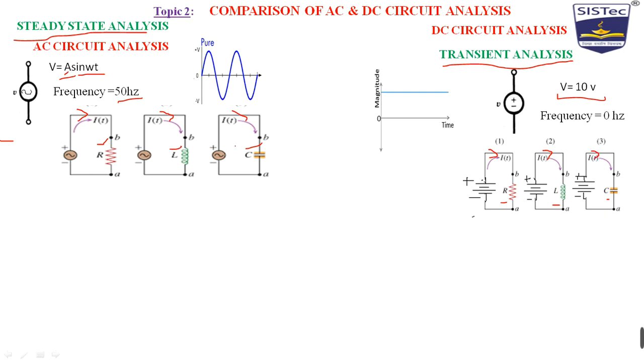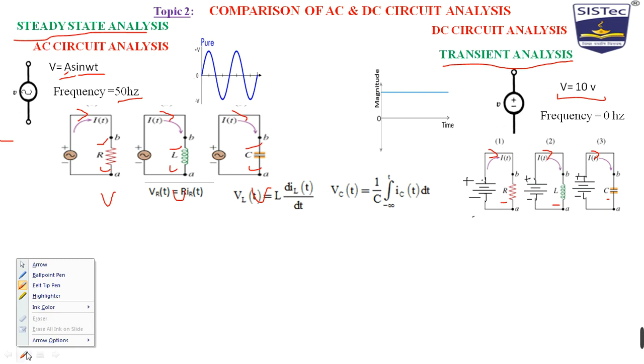Okay, and what will be the reaction? The reaction of resistance, the reaction of inductance, the reaction of capacitance will be the formula which they have: voltage of the resistance, voltage of the inductance, voltage of the capacitance. Now you should tell me what are the formulas: V equal to IR, V equal to L dI by dt, V equal to 1 by C integration I dt. And when I will be talking about current, then the vice versa. Let me write this formula. This is disturbing a little bit, so let me take an eraser.